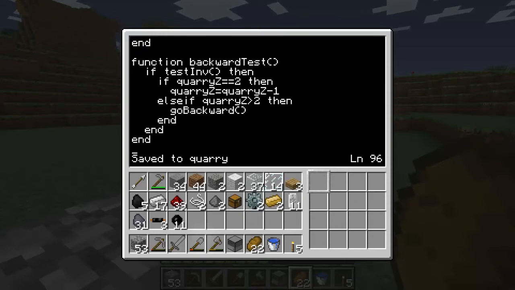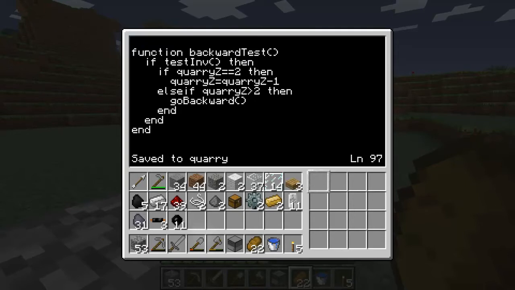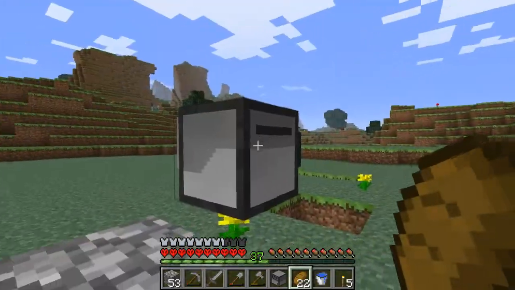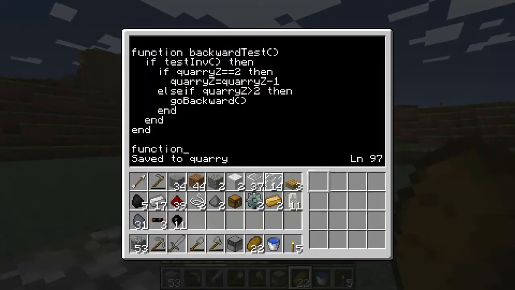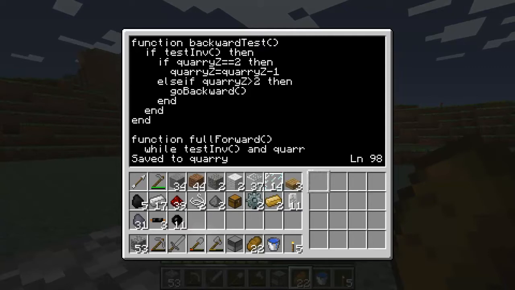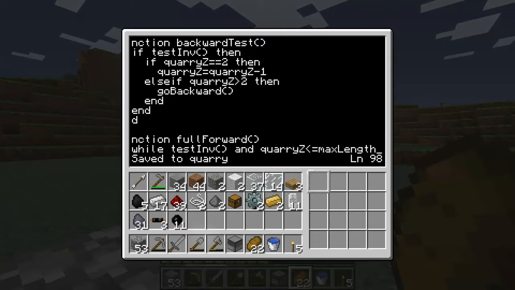Okay. So now that we got that done, let's straighten out some paper, so we might as well do some other stuff. We need to have some functions that will have it go full forward and full backwards. Where's the sun? We're almost there. So full forward will basically test the inventory again. I know, it's testing it a lot. So test the inventory, and while quarry Z is less than or equal to the max length, what it'll do